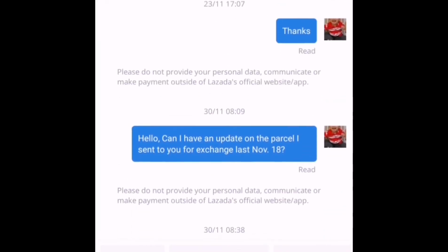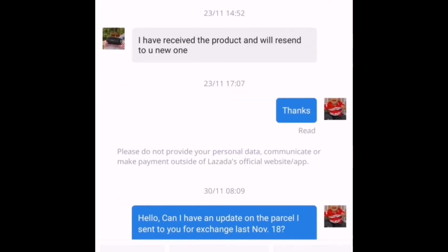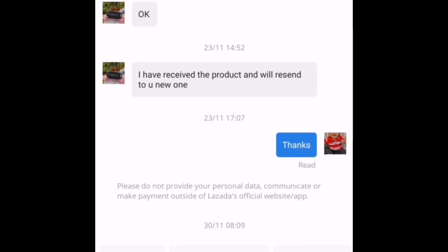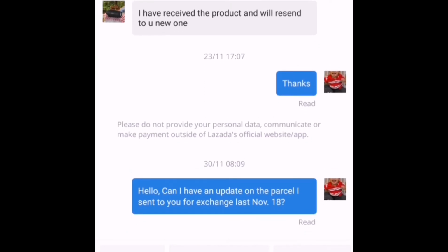So I sent this in on the 18th of November, and she received it on the 23rd. So after the 23rd, on the 30th, I didn't receive the product back. And so I messaged her again, and I told her that can I have an update on the parcel I sent on November 18, because after 7 days I still haven't gotten the parcel back or the item back,